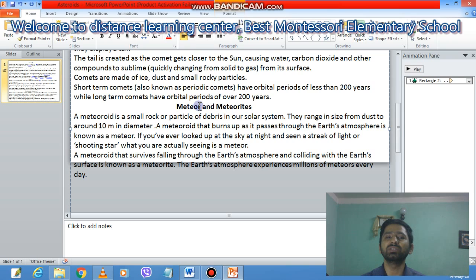Normally we see meteors every day, clearly seen on a dark night, and we also call a meteor a falling star, but actually it is not a star falling. It is a meteor burning when it enters the atmosphere of the Earth due to the friction between the meteor and Earth's atmosphere.